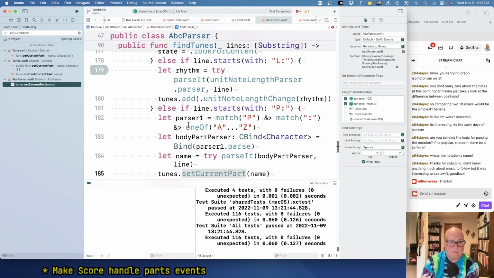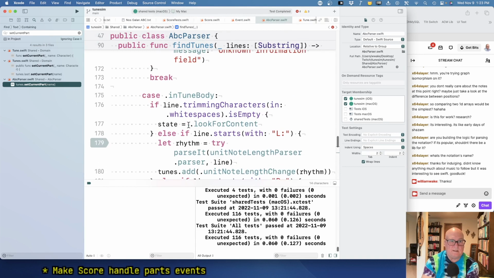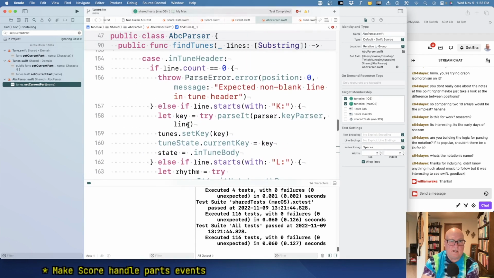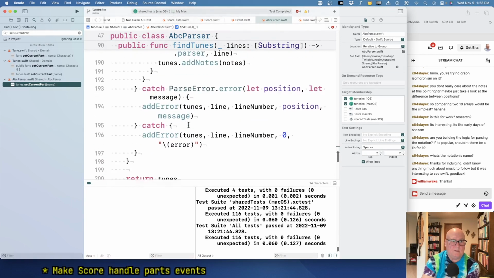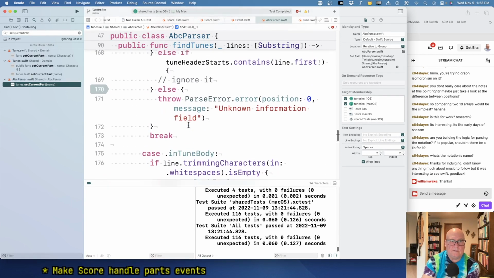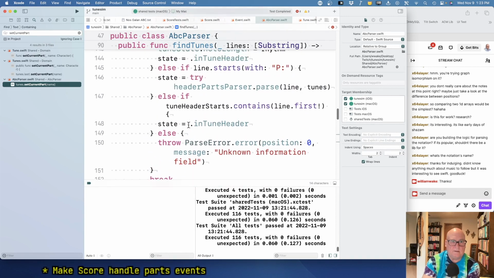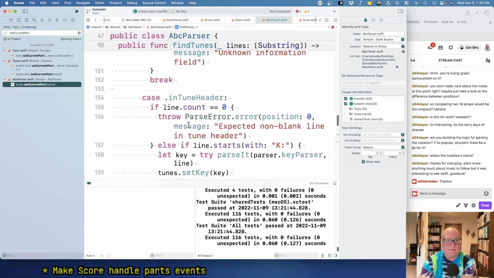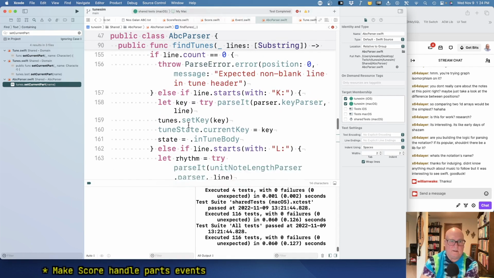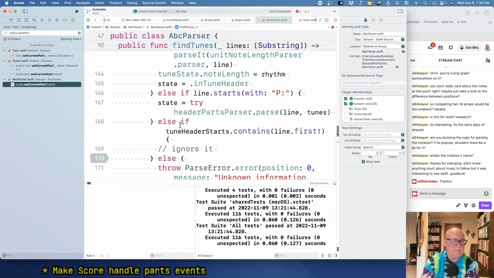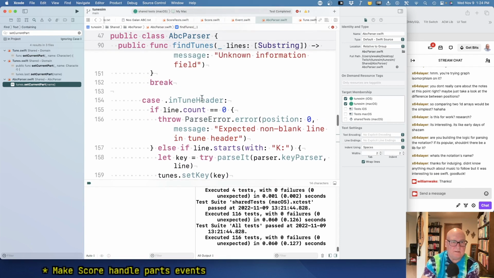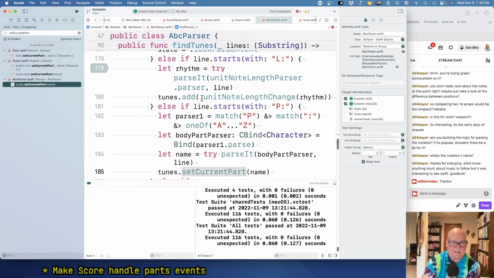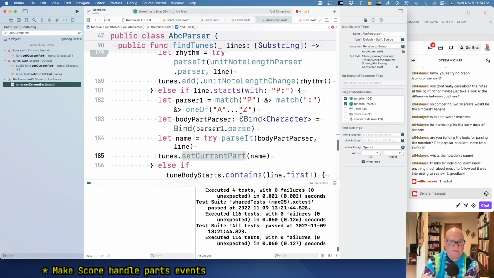I guess what I think is this P stuff in the tune body or in the header. No, the header's different. Okay, in the tune body, you get a P. No, wait a minute. Oh, that's header. Okay, in body, yes. If you get a P, you match the letter and